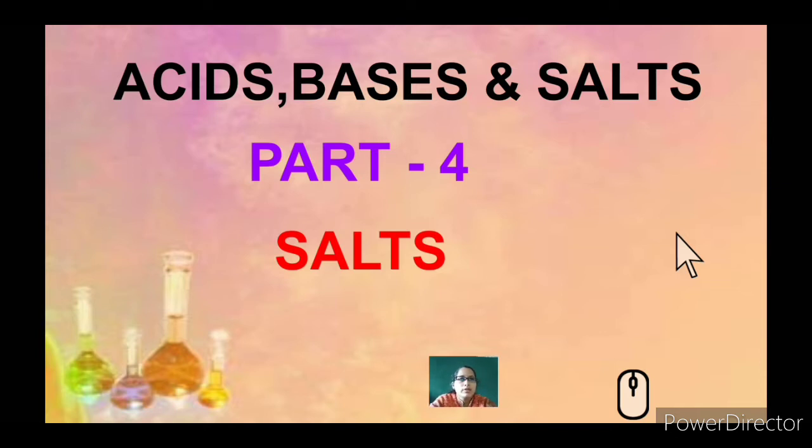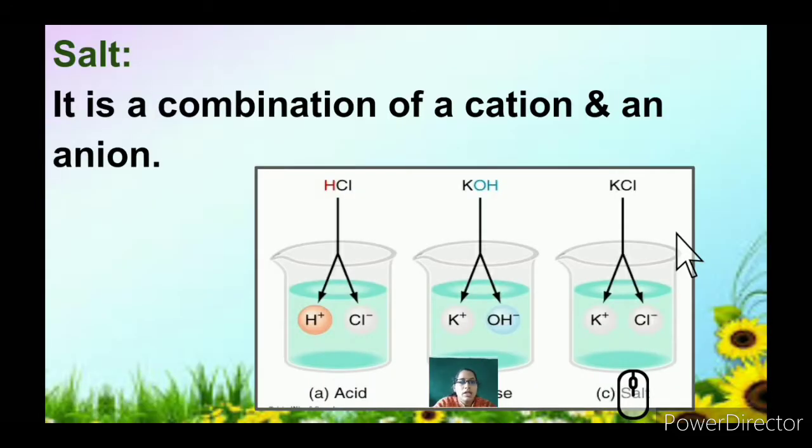So, every time salt comes to our mind, we will only think about the salt that is in our home. Other than these salts, there are other salts that are used chemically, in laboratories, or on a wide scale for purposes other than cooking. So let's understand more about salts and how salts are formed. Salts are formed by the combination of cations and anions. You can see here it is a combination of cations and anions.